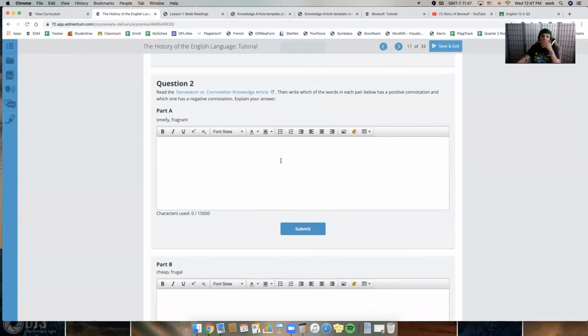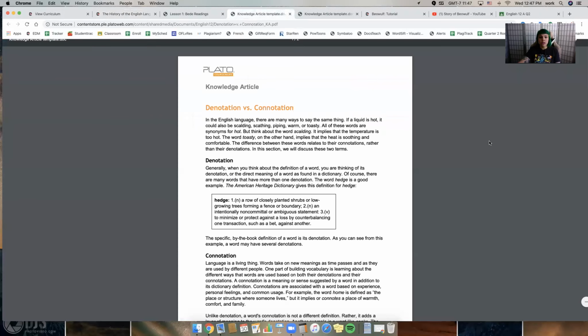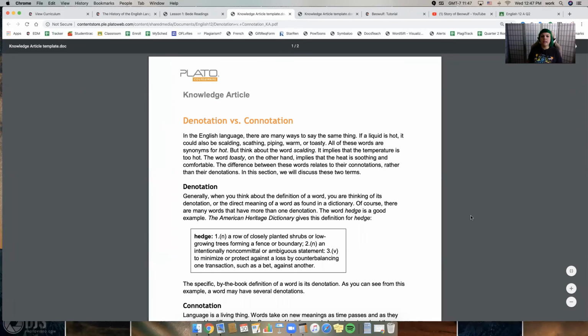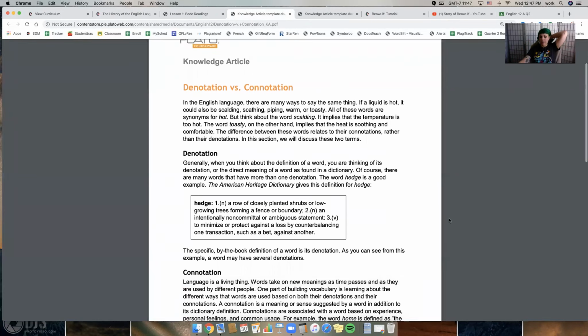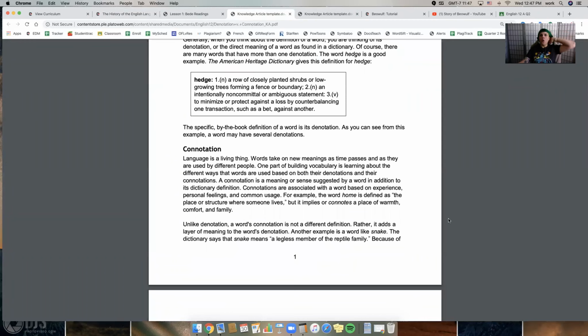Okay, and then for question 2, we're going to talk about connotation and denotation. Denotation is the dictionary definition of a word. So it is what the word means, and that's it. Like that's the definition of the word. The connotation, though, is what we assign to the word. So we give words feeling. We attach emotion and